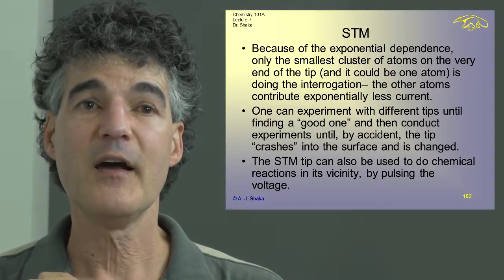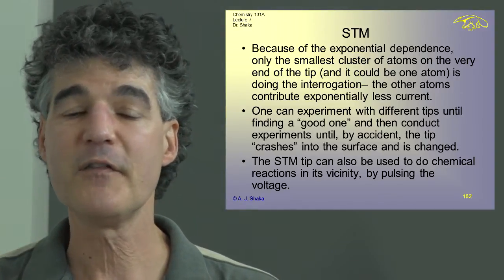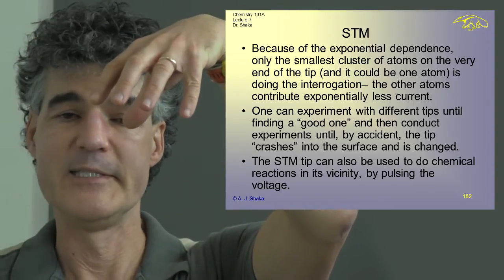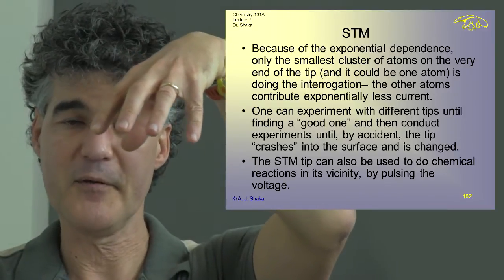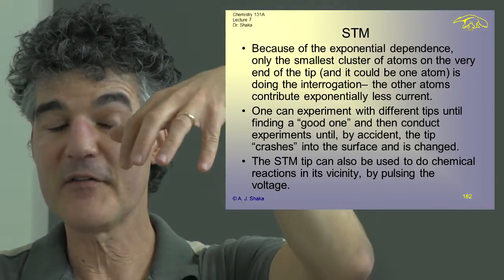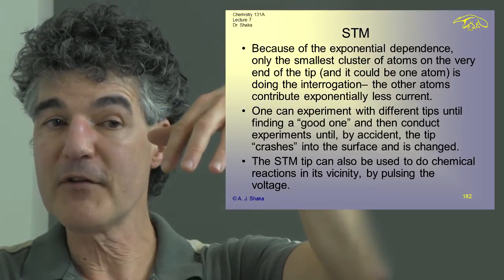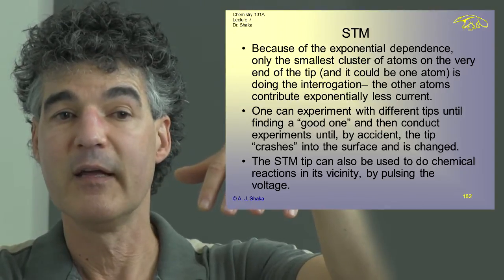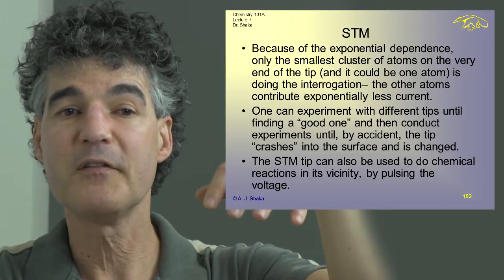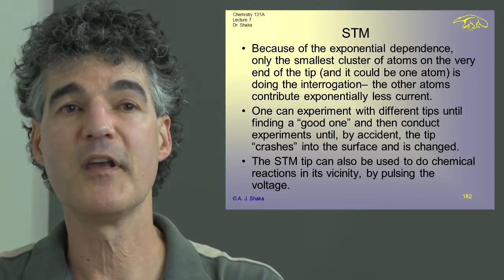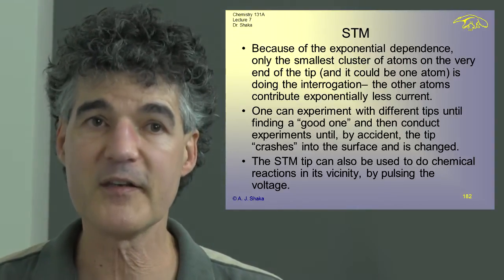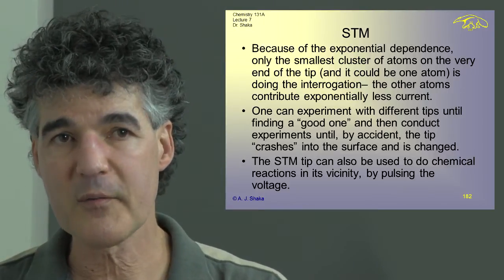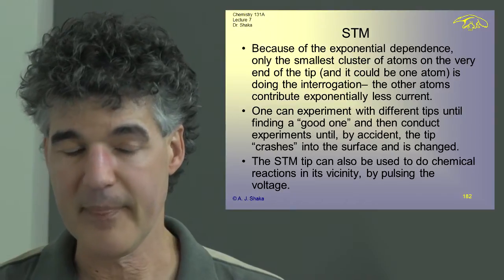But it turns out, because of the exponential dependence, if there's a cluster of grapes hanging off the tip of atoms that are piled up there, and it could be anywhere, it doesn't have to be in the middle of the tip, but whatever's closest, all the current is going to go through there. And so that's perfect because it means that you just get lucky with the tip and then all the current goes through there, and the tip sort of makes itself sharper by the way the current depends on the proximity. And so unless you're very